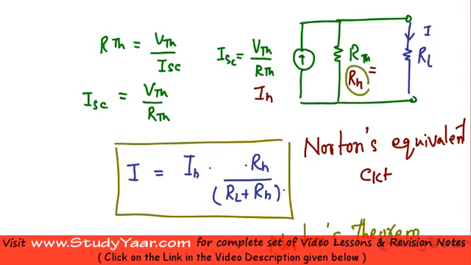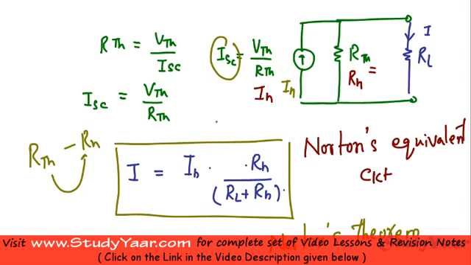Just realize this Norton's resistor is the same as your Thevenin's equivalent resistance. Just the way you calculate your RTH, you calculate your RN. There is no difference between RTH and RN. So you calculate your RTH and say that it is your equivalent Norton's resistance. And this short circuit current, how are you going to calculate it? This IN is basically the short circuit current. So in order to calculate IN, what you're going